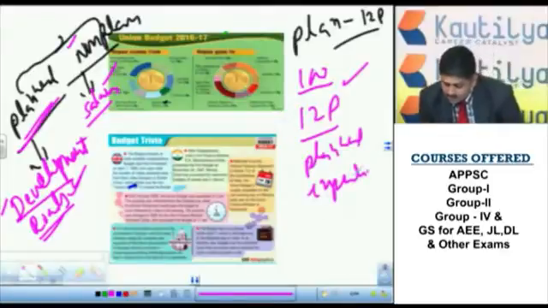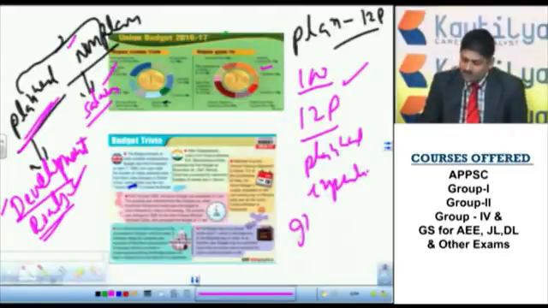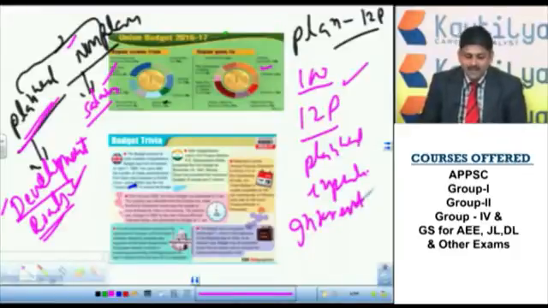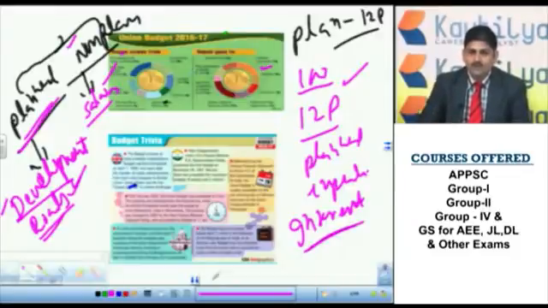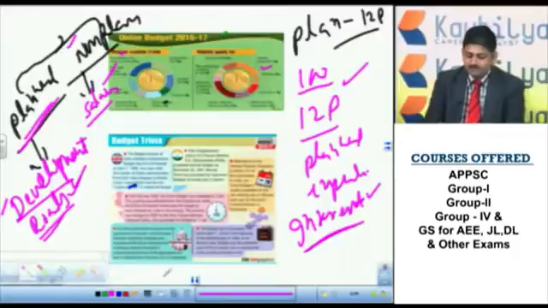Okay, next, interest payments. Government of India, as I told you, the highest source of revenue income is borrowings. So the highest outgo is again for interest, because we are getting a huge amount of money from borrowings. So obviously we have to pay interest for them. So the highest spending from the government of India is interest payments. That you have to answer like this. Based on this, questions will be asked like this.